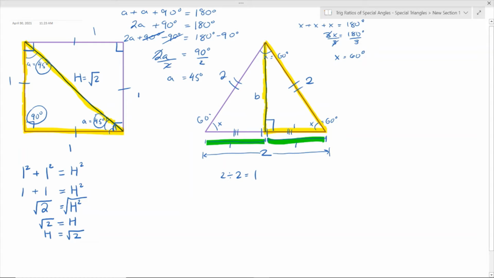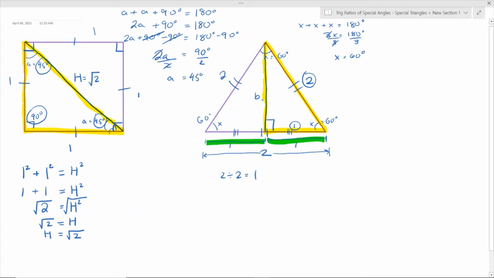It's also the height of the equilateral triangle, but we're mostly focusing on the yellow triangle right now, right? Just half of that triangle, like cut in half, right? Half of the equilateral triangle is the yellow triangle. So anyway, we're trying to find this B, and we can see that we have 2 here and we have 1 here, right? And we can see, oh, well, this yellow triangle is a right angle triangle, so we can